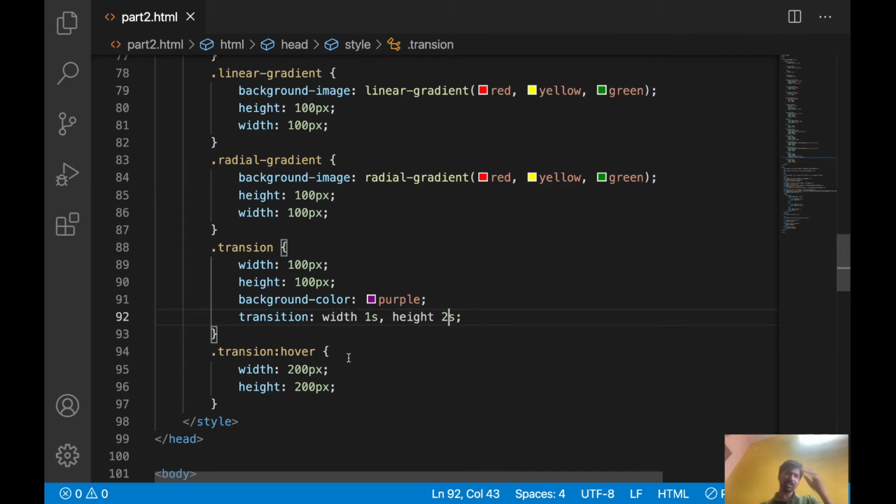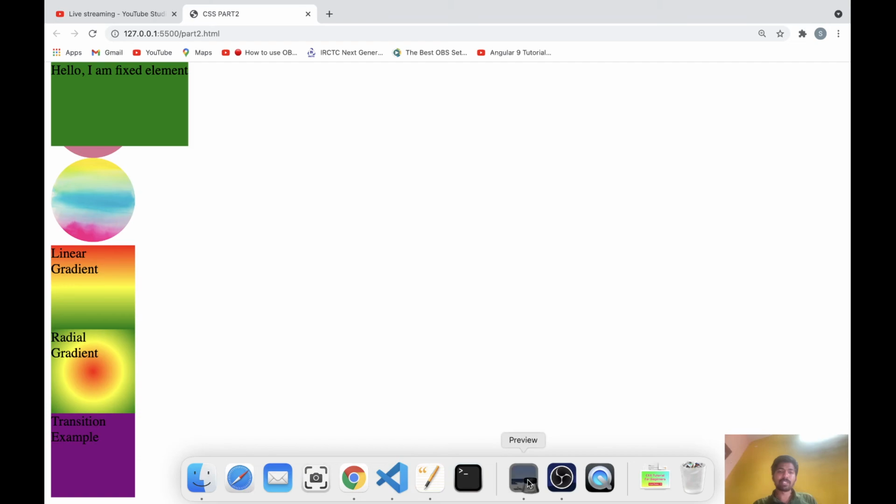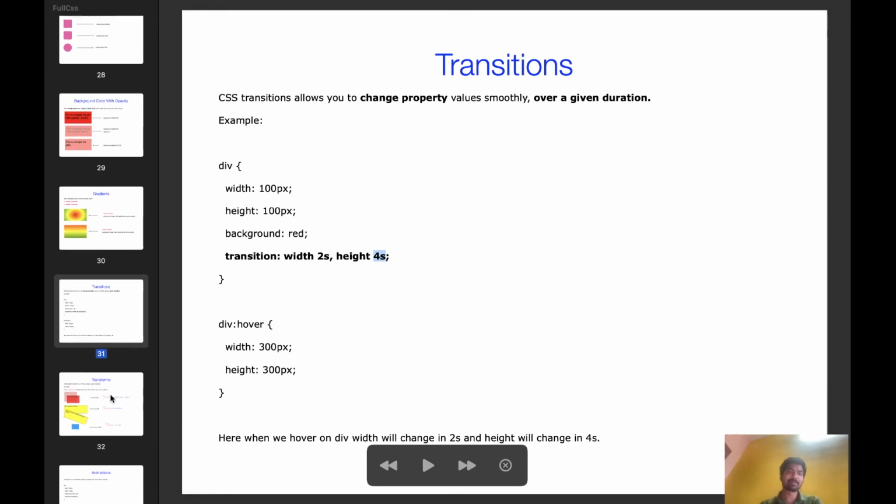Next, animations will also come. Without us changing any property manually, we can change properties over a certain duration. Width and height changed in 2 seconds and 4 seconds instead of changing immediately. This is about transitions.